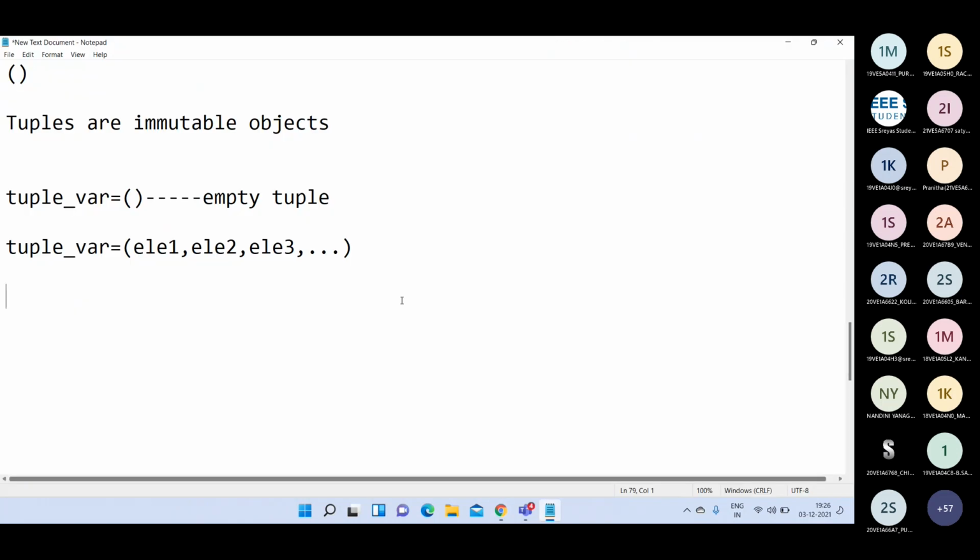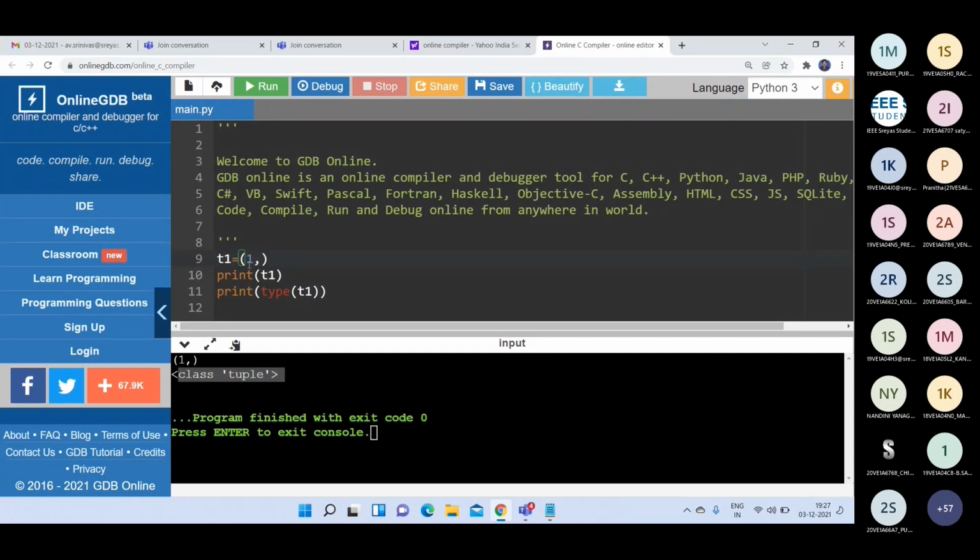and like your lists, here also we are going to perform the slicing operation. That means if you want to obtain a set of elements from a tuple, we are going to perform this slicing operation. Okay, so directly I can do this.